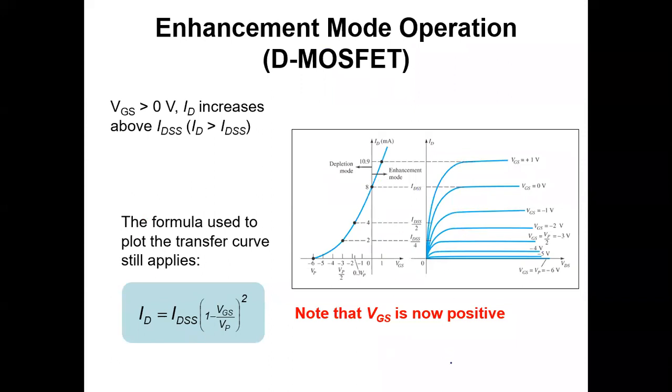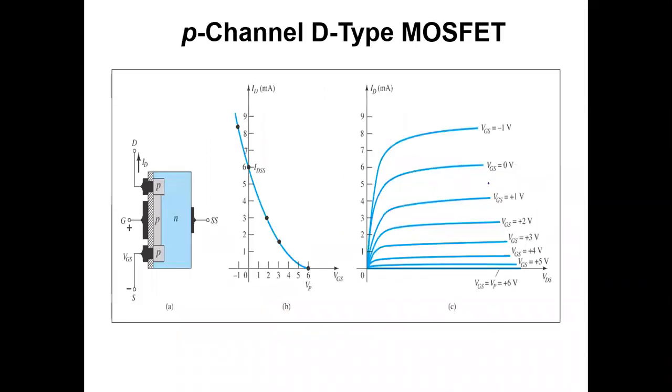And this is now the enhancement type. Here you can see that when VGS is equal to +1, your current will increase. This particular portion is for enhancement mode, when you are operating your device in this region. Otherwise, your device is operated in this other region. When VGS is positive, your current will increase in this direction. Normally we use the enhancement type MOSFET.